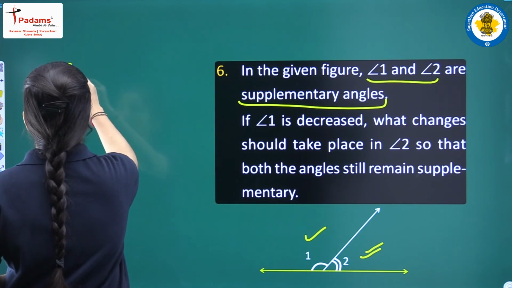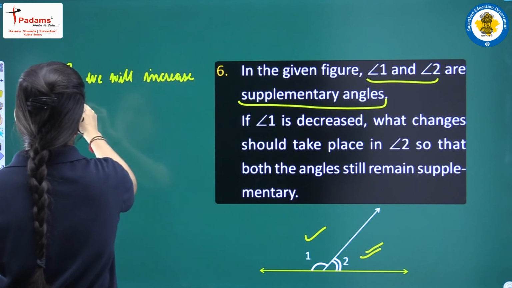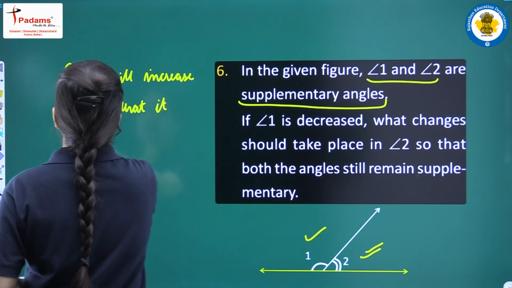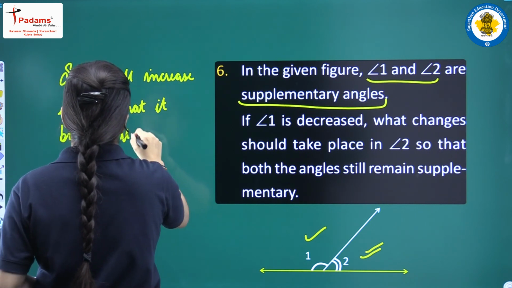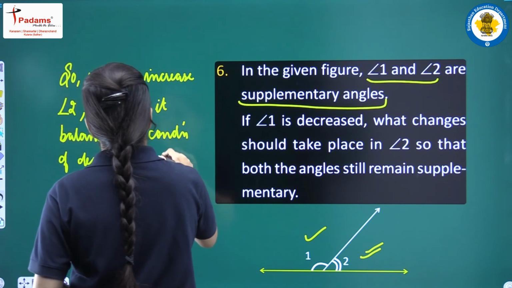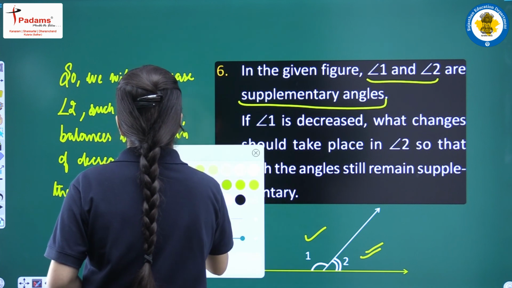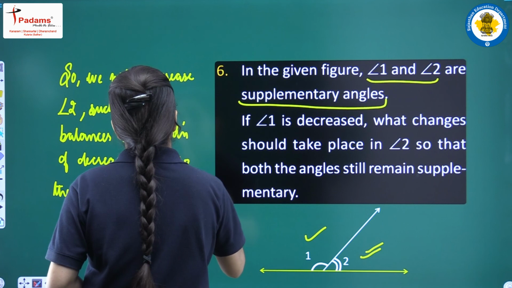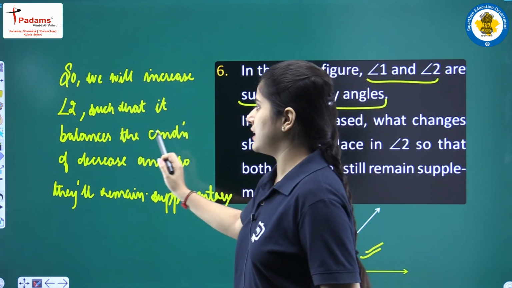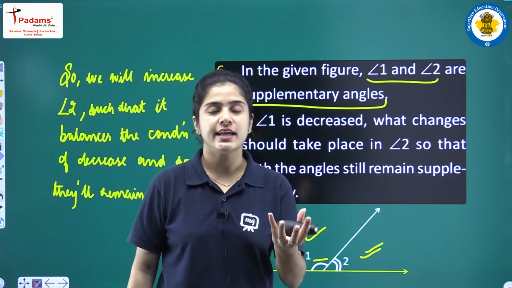So what will we do? So we will increase angle 2 such that it balances the condition of decrease and so they will remain supplementary. Have a look students what we did. It is written over here that we will increase angle 2 such that it balances the condition of decrease and so they'll remain supplementary. Okay students,